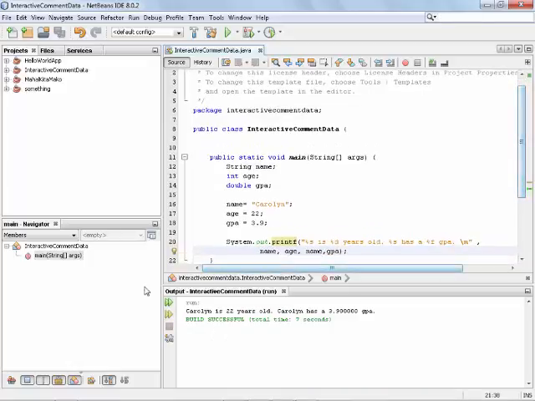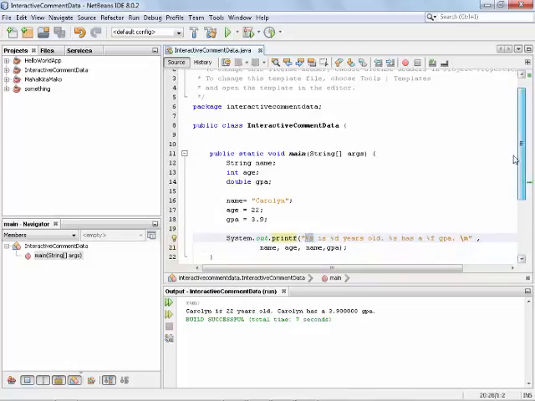Okay. In the bottom output, Caroline is the percent s, which is the string here, and 22 is the percent d, which is an integer, and 3.9 is our GPA, or percent f, the double or floating point value.